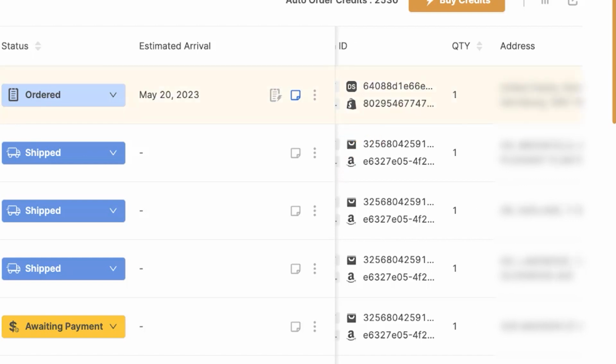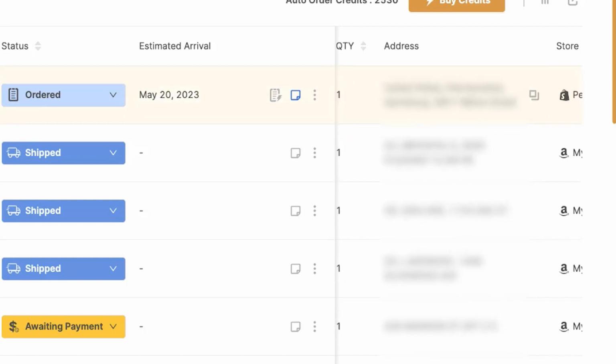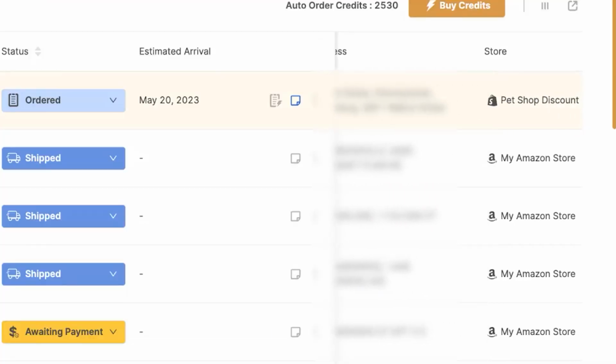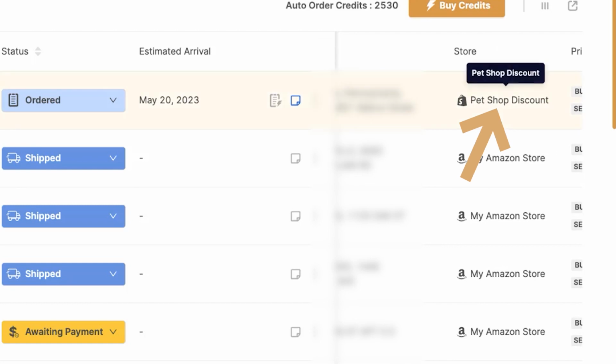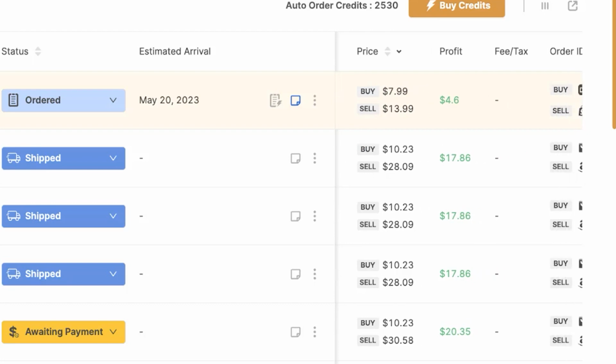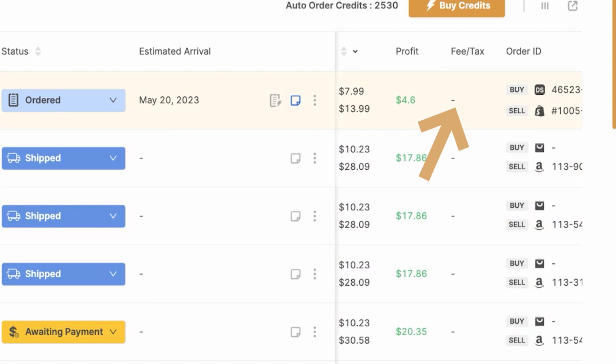So for example, we're purchasing this product from AutoDS's private suppliers, and we're selling it on our Shopify store. The quantity is 1. And here is the buyer's address, the same that we can see once we open up the order's details. And if we continue scrolling to the right, we can see the store, so Pet Shop Discount, my Shopify store, and we've got the price. So we bought the product for $8, sold it for $14, profit is around $4.50. Fees and taxes will show up on this column,